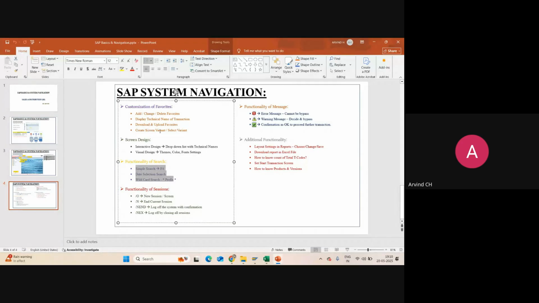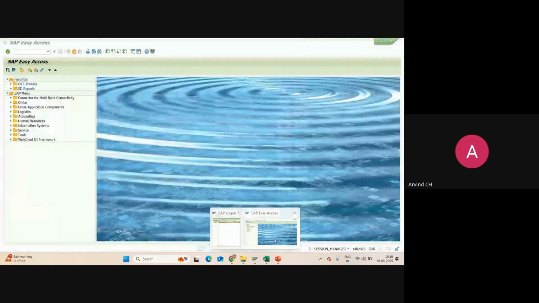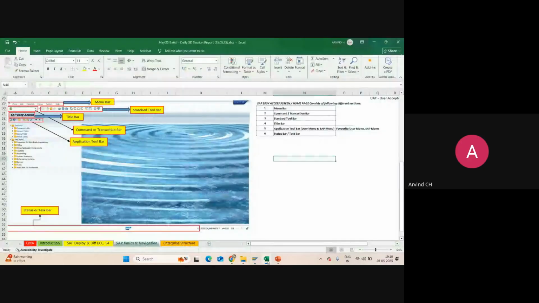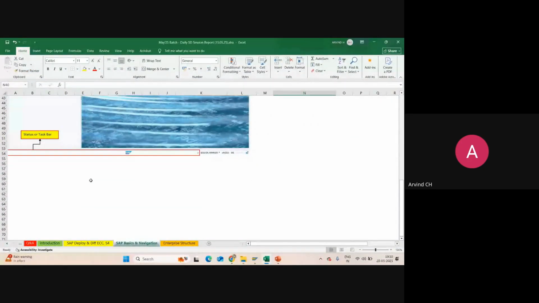Next, we can see how to create screen variants. Usually, screen variants will be used for the reports. So yesterday, one more thing, whenever I was explaining the reports,